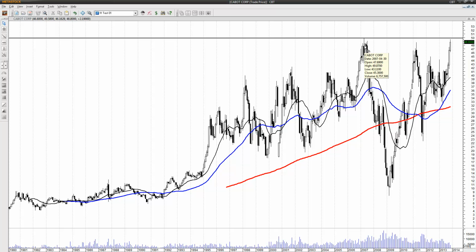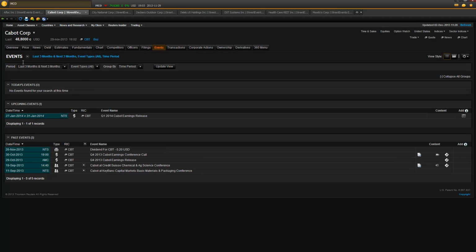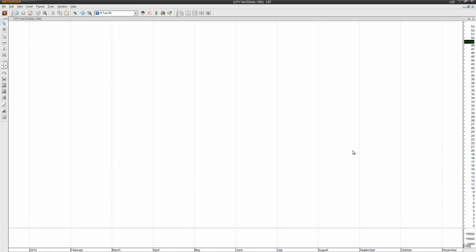That's where I put in my short sell limit order. Check for earnings for Cabot Corporation. No earnings coming up closely. Next chart,